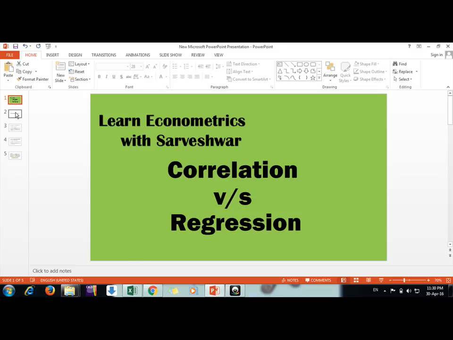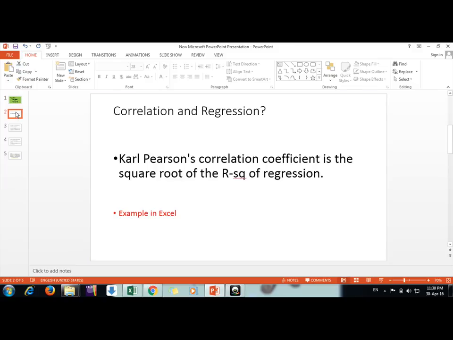about that. So first of all, in numerical terms, I want to explain what is the correlation coefficient. Here correlation coefficient means Karl Pearson's coefficient and r square of the regression. So simply I want to say friends, correlation is the square root of r square we get from regression, or in other words, I can say that the regression r square we are getting is simply the square of the correlation coefficient. By using Excel, I can just make it more clear.